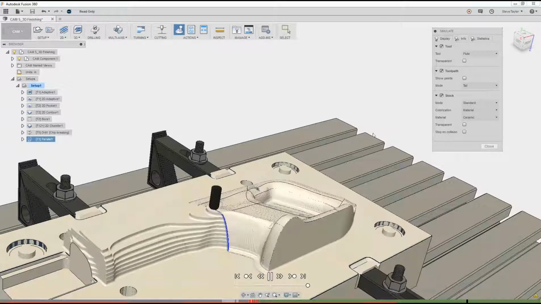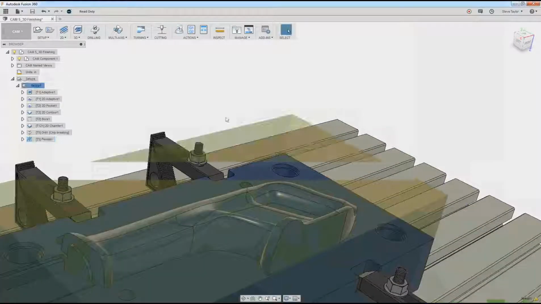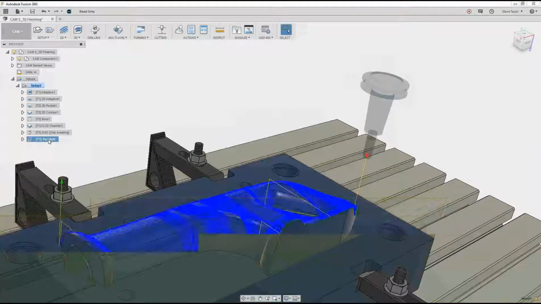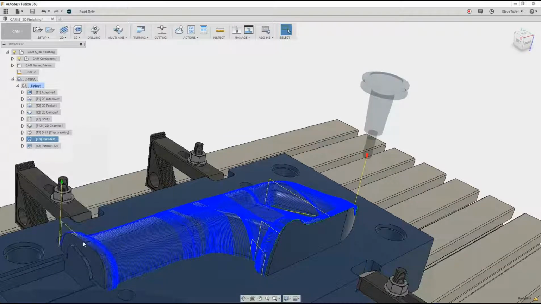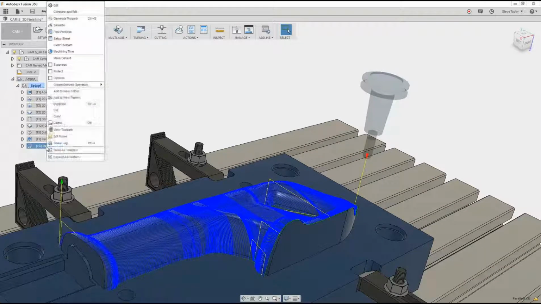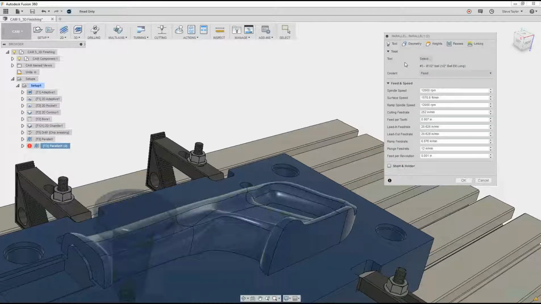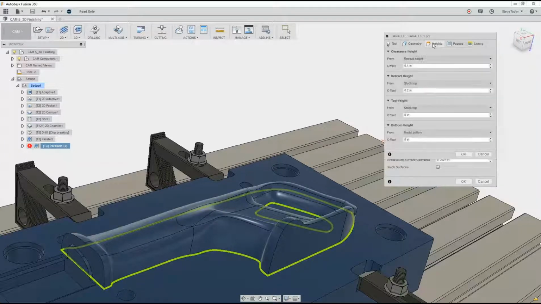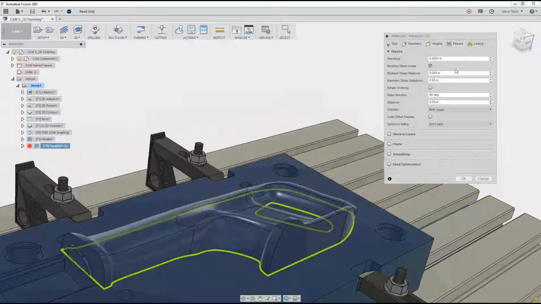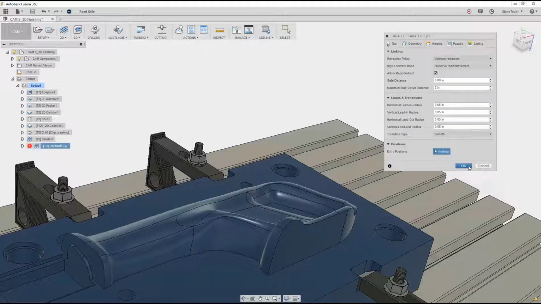So let me just close this simulation a minute. And what I'm going to do, in this parallel path here, I right click, I can duplicate. Then if I click on it, right click and edit. I want to keep everything the same: the same tool, the same geometry, same heights. The passes though, rather than being at 90 degrees, I'm actually going to put that at 45 degrees. I'm just going to change the angle, I'm going to keep the linking the same. If I OK,